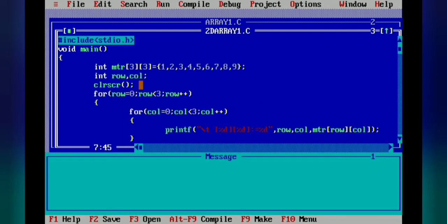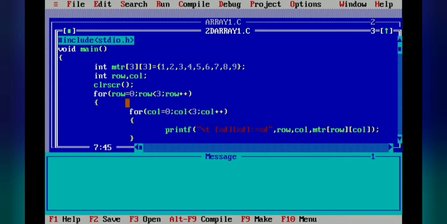Now we have declared this variable, and the values are stored in this matrix. For the row and column, I told you that we will discuss the nested loop concept in our next chapter. So now we are going to discuss nested loops. Two loops are required here, students: one for the row and one for the column. First we have declared the loop for the row with the help of the for loop and a row variable.